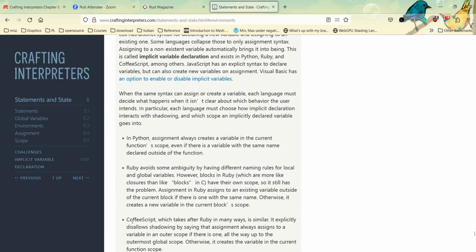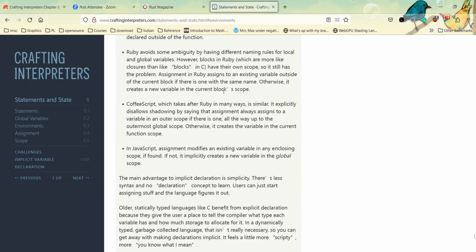I don't know about Ruby and CoffeeScript, but in Python, assignment always creates a variable in the current scope. So sometimes when we need to refer to the parent scope, it gets confusing, and there are keywords, nonlocal and global, to deal with that. I feel it's better just not to shadow the name.